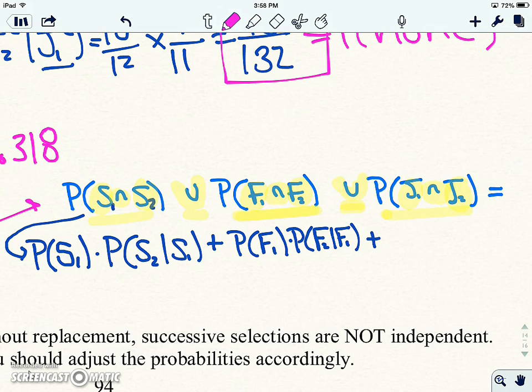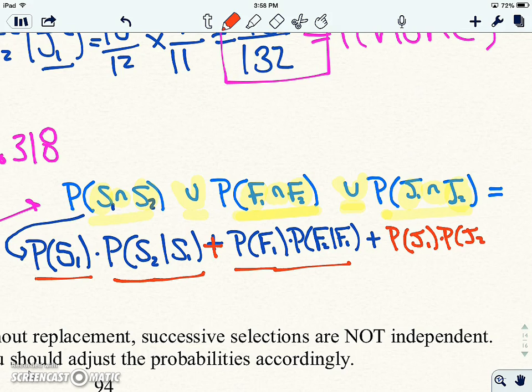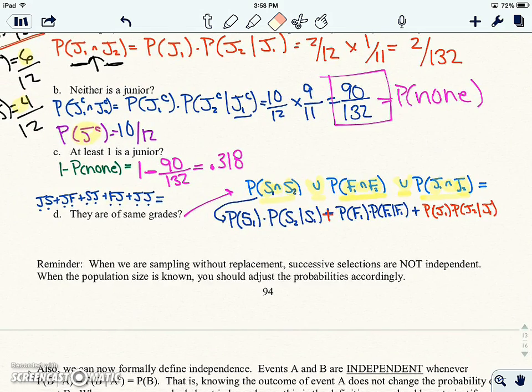And we can go back and just use our formula, which would be the probability of a sophomore times the probability of another sophomore given that the first one was a sophomore. Or we could have a freshman times the probability of another freshman, or using the formula we could have a junior times the probability of another junior given that the first one was a junior. Okay, and if we went ahead and just added those up,